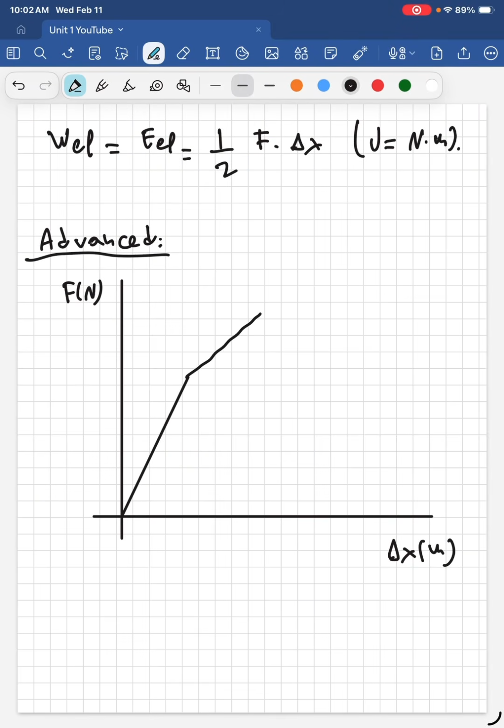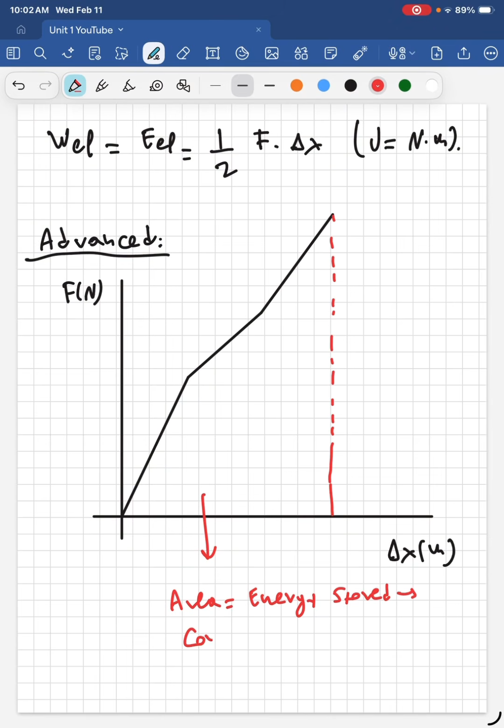In some problems, they might ask you to find how much energy is stored in a spring or a material that was stretched. So you will have to find the area under the curve. So area is equal to the energy stored. How are you going to find this area? By counting